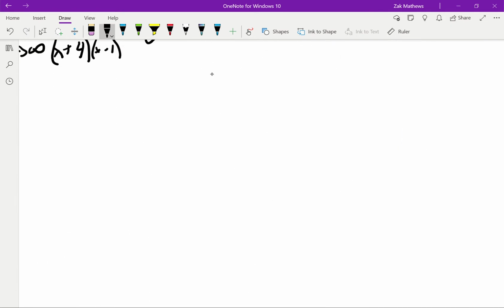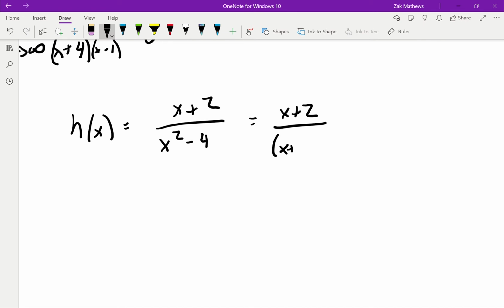Let's take one more example. Let's take h of x equal to x plus 2 over x squared minus 4. First step, going to factor that denominator. And so we see that we have two things in the denominator that would make it 0, negative 2 and